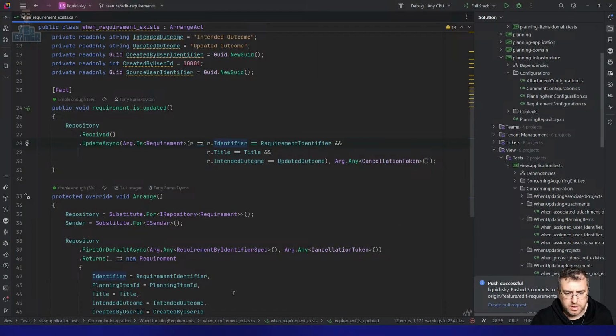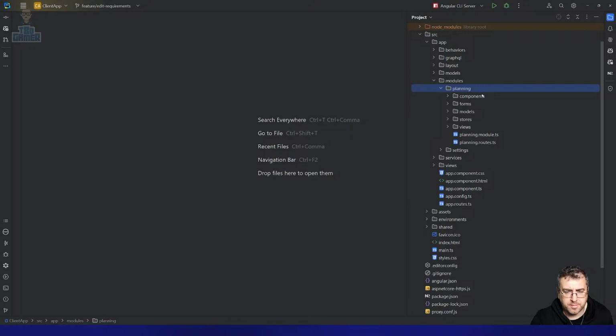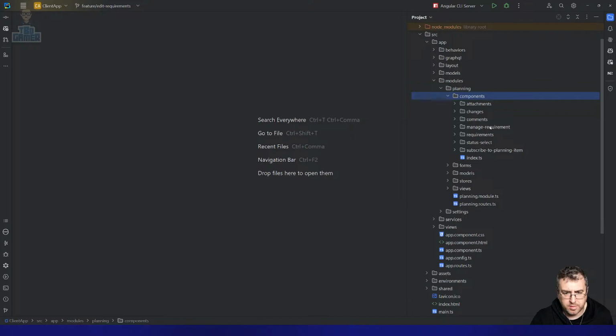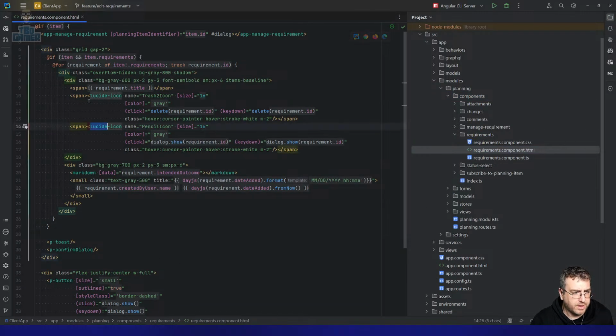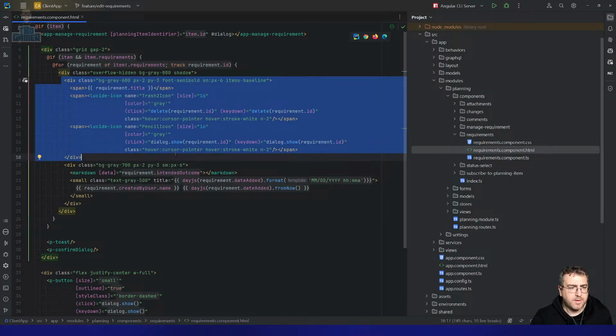So right now these are planning, components, requirements. These are Lucide icons, right? So there's a margin of 2 around it, a size of 16. So I honestly believe that it's just a case of